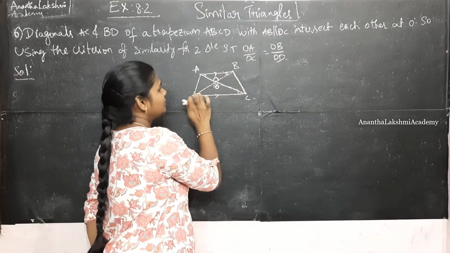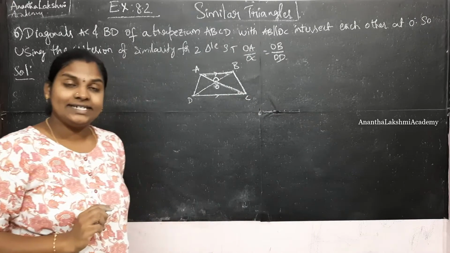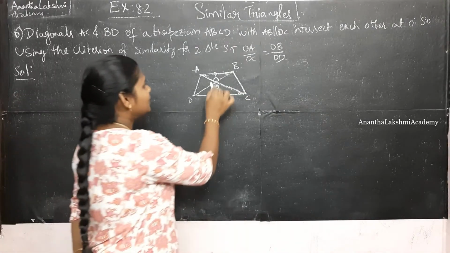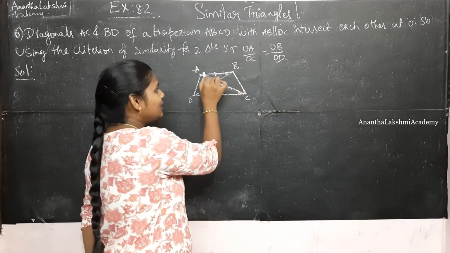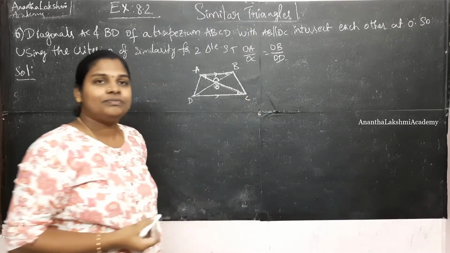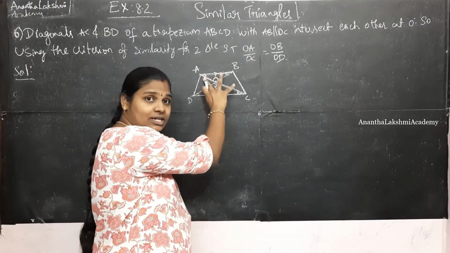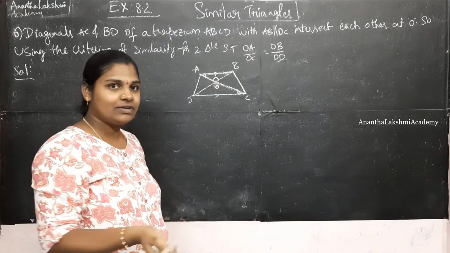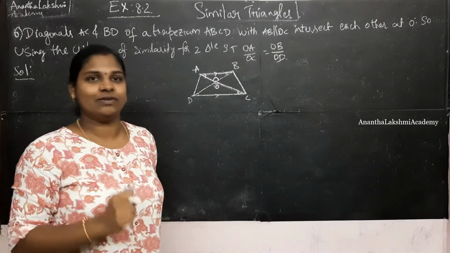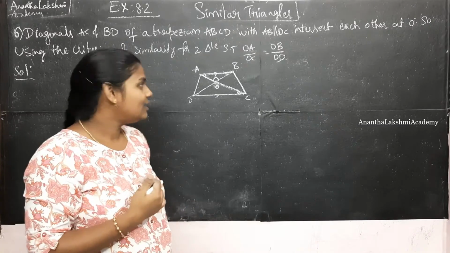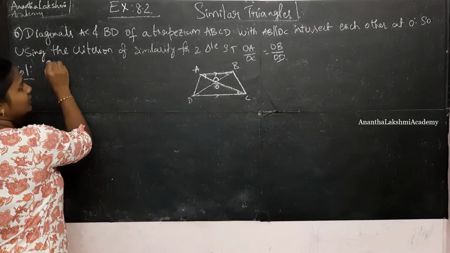And these angles, B, D and this and this. Let me consider one. This is in the shape of a reverse Z. These are nothing but alternate interior angles. If you consider AB and CD as two parallel lines and AC as a transversal, you get these as alternate interior angles. These are also equal. Now, if two angles of a triangle are equal, eventually the third angles are equal. So these two triangles will be similar, and hence the ratios can be equal. That's how I'm going to prove this problem. Let me jump into the solution part.